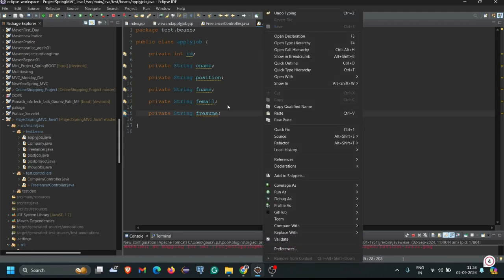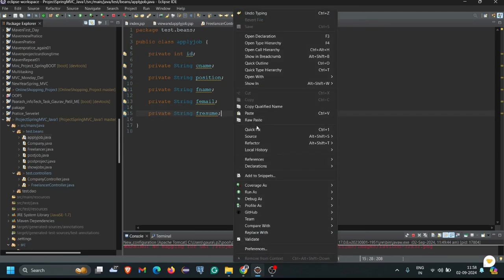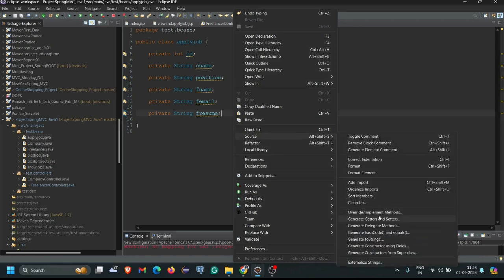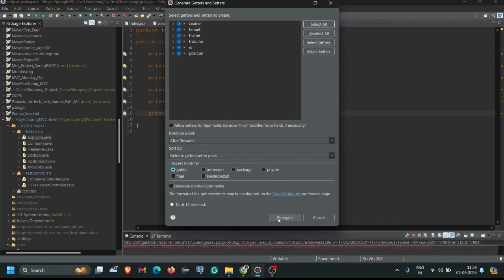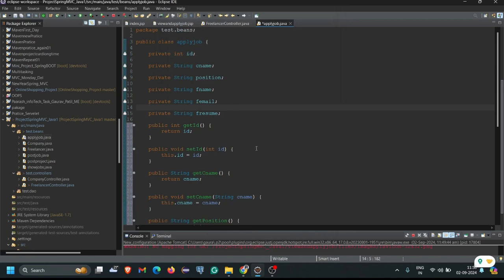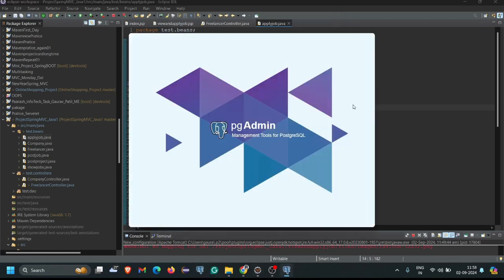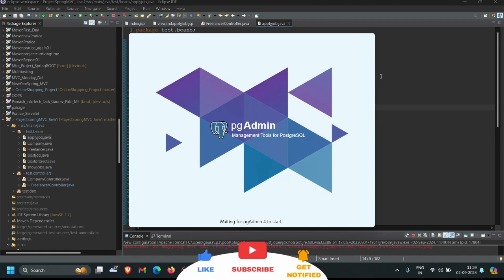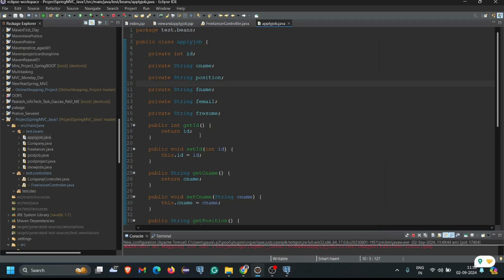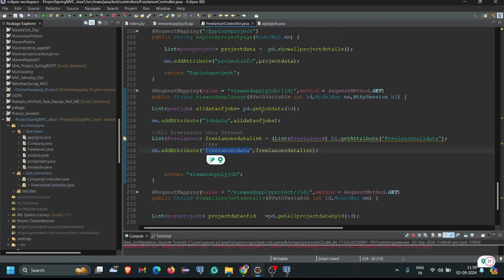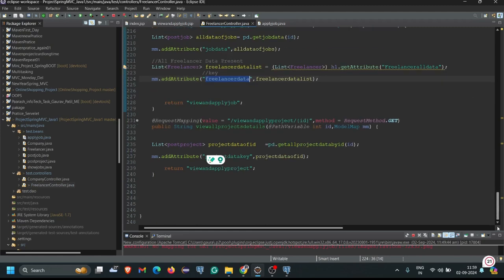So click on generate getter setter: right click on that, source, generate getters and setters, select all, generate, and here you can see getter setter is successfully applied. Now we have to create the table to load that particular data into. Okay, so for that I'm opening my database. From here, till now I'm declaring the method in our freelancer controller,